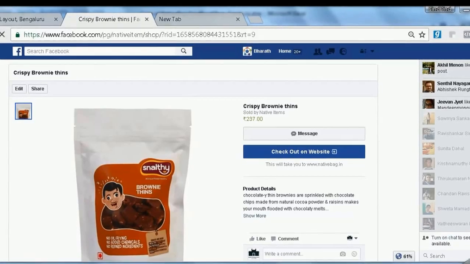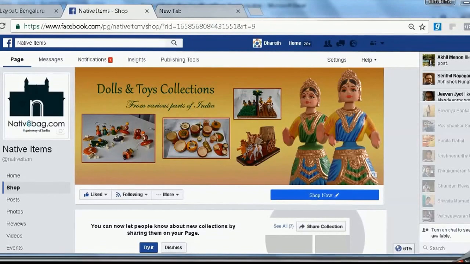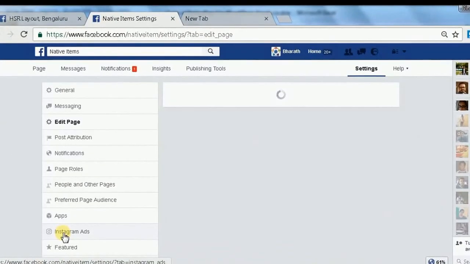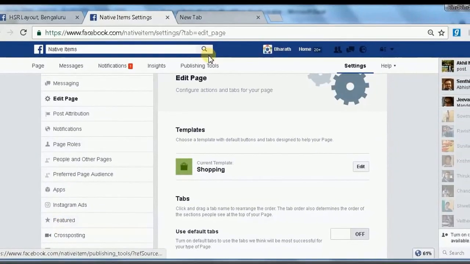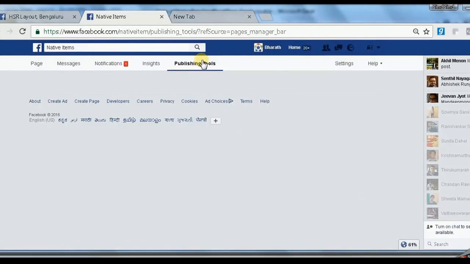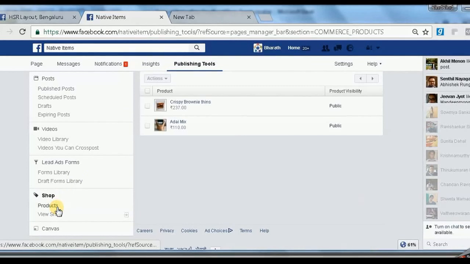Okay, we are in the shop again. Now go to the manage tab. Here go to the publishing tools. And you can see the shop over here.